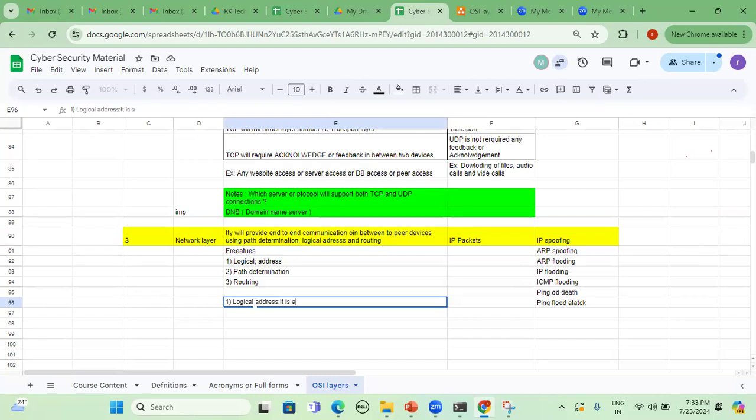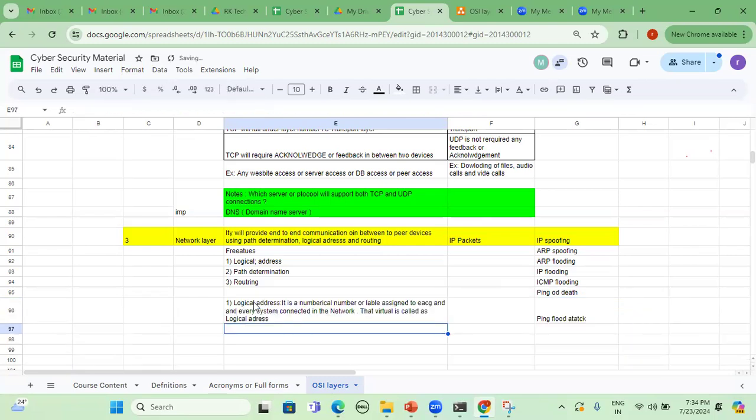It is a numerical number or label assigned to each and every system connected in the network. That particular virtual address is called a logical address.